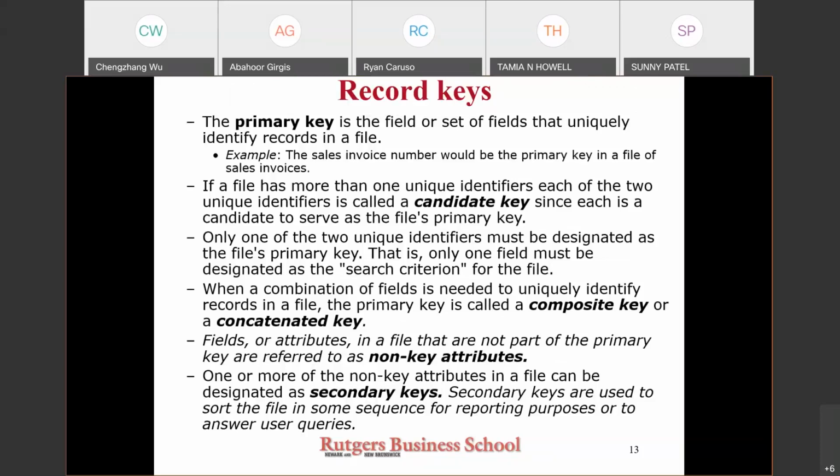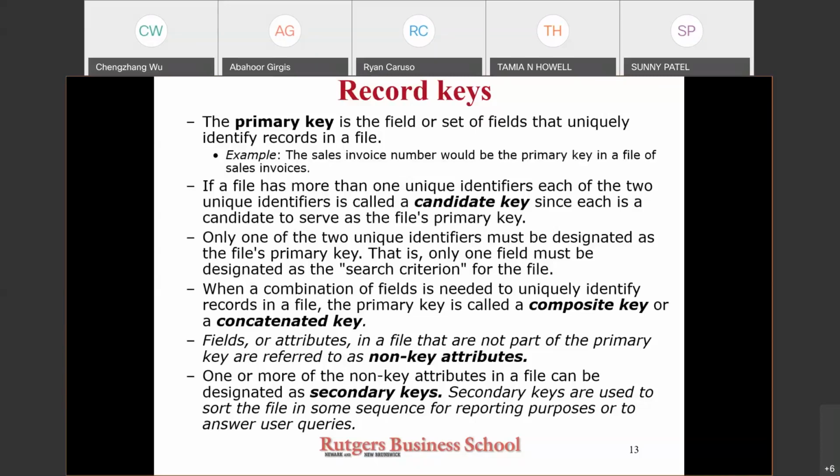In addition to selecting appropriate formats for fields in a record, another critical design decision is the designation of the primary key